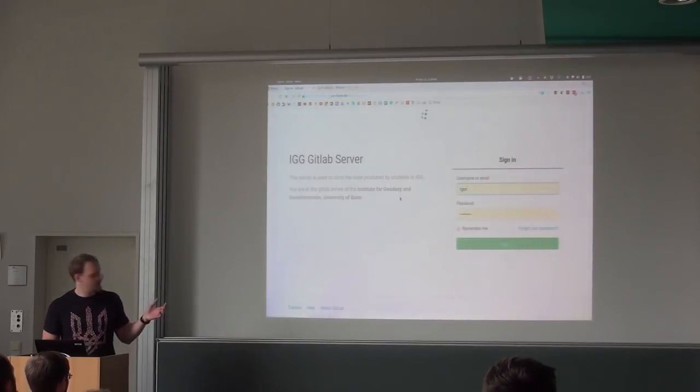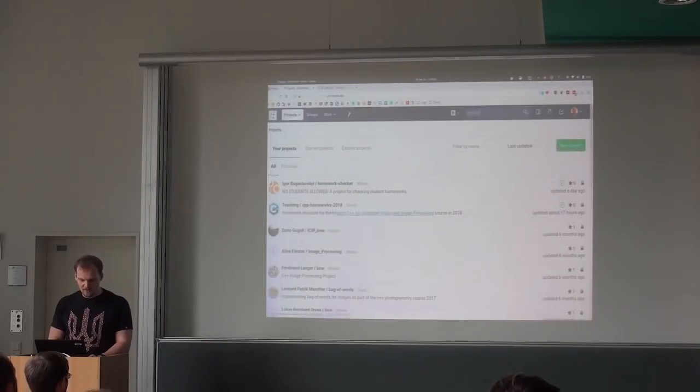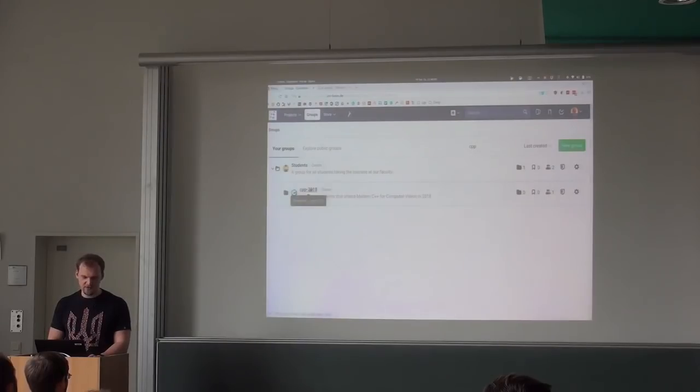So if you go to GitLab igg-unibonn.de, that's what will greet you. When you get your account and password, you will be able to log in. And so what you will do is you need to go to groups, and you need to search for CPP. There are a lot more groups here.